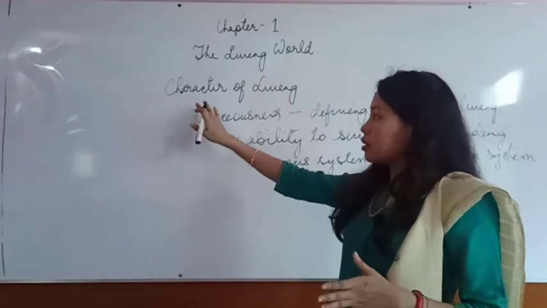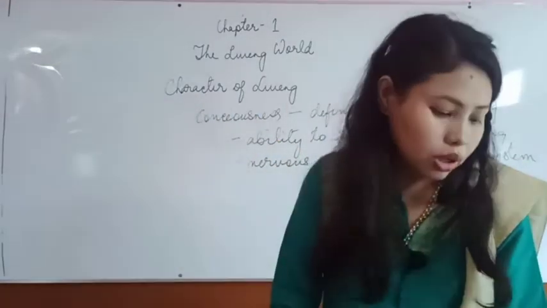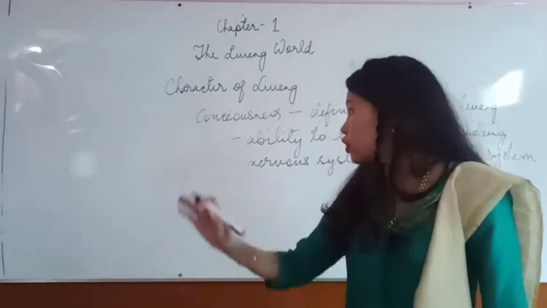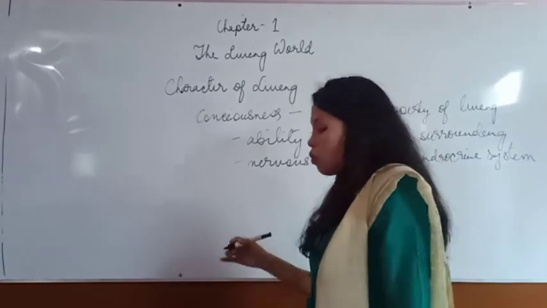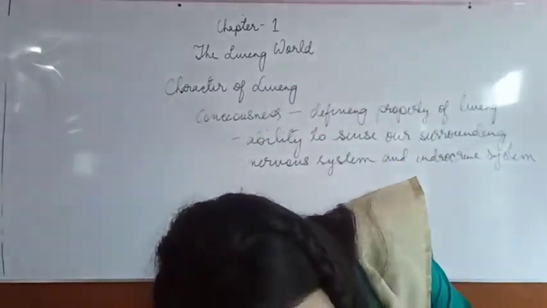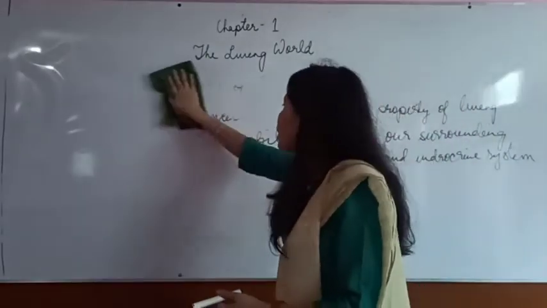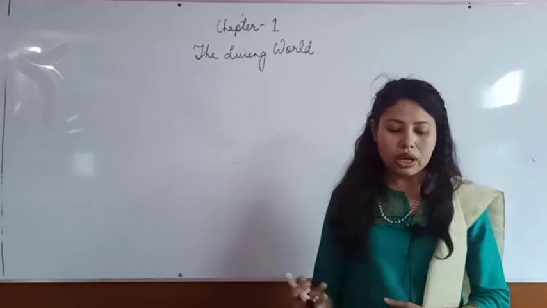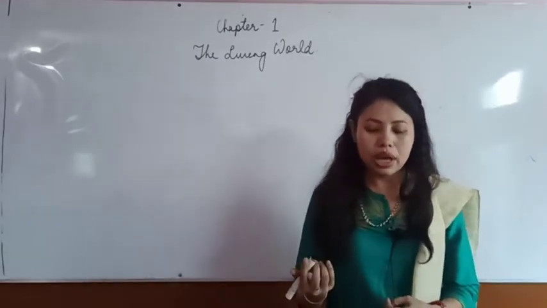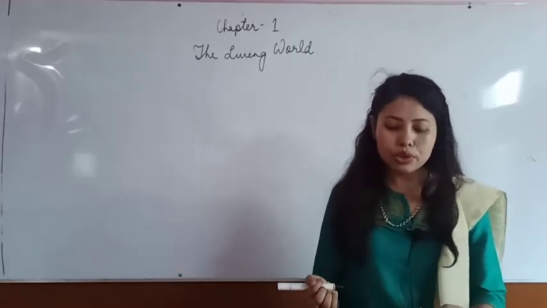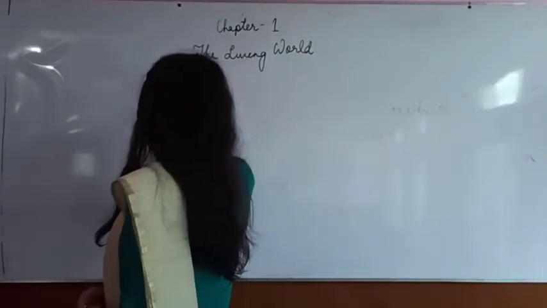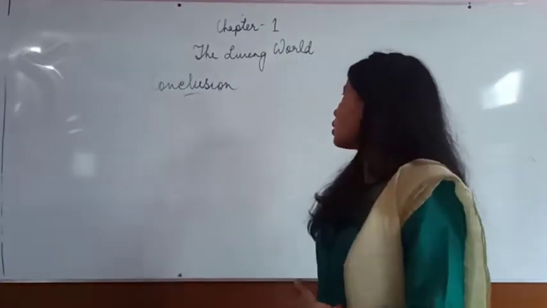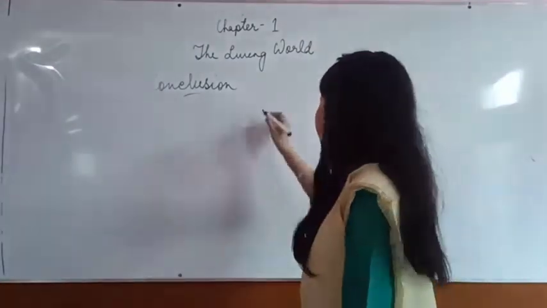So the characters of living that we discussed in the previous class are metabolism, reproduction, and growth. And then we also discussed cellular organization and consciousness. So in conclusion, we can say that living organisms are nothing but self-replicating, self-evolving, self-regulating, interacting systems capable of responding to external stimuli. After we have learned about the characters of living organisms, when we ask what is living, we can say that living organisms